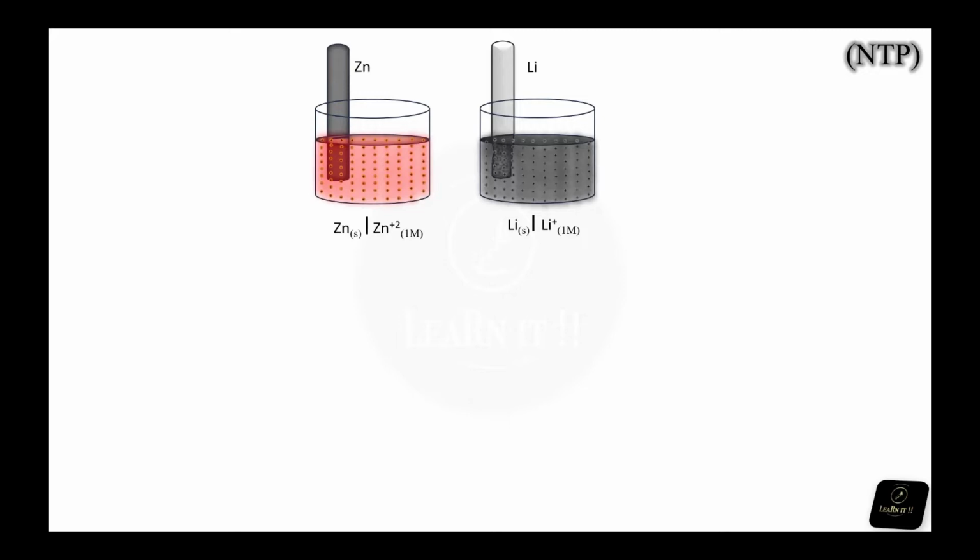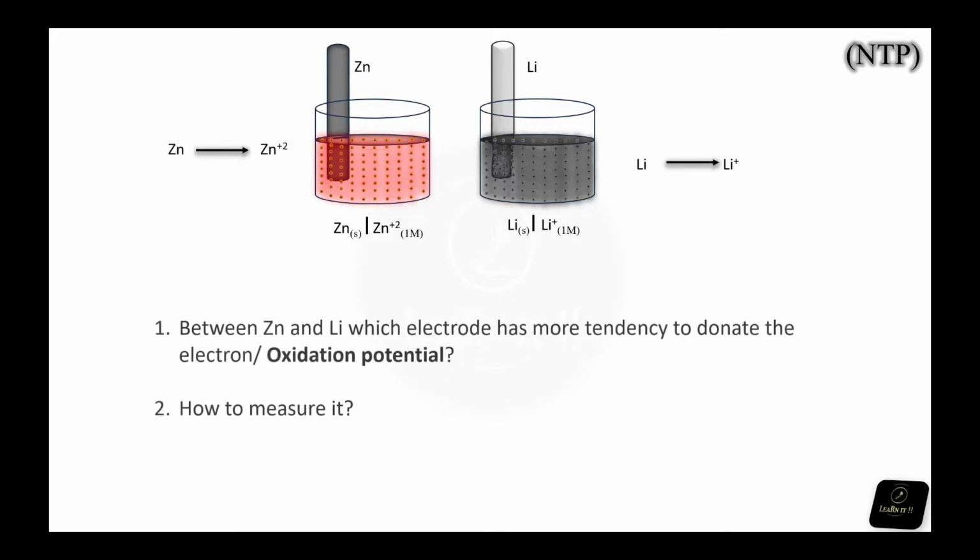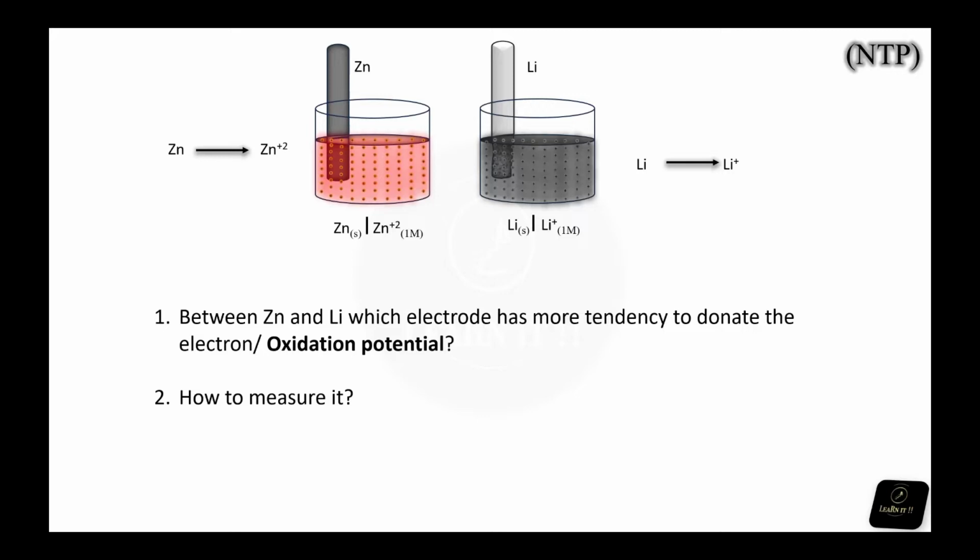We know that both zinc and lithium electrodes act as anode. But the question comes: between zinc and lithium, which electrode has more tendency to donate the electron, which is called oxidation potential? And the second question is how to measure it. The answer is,